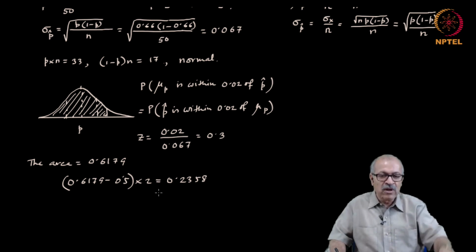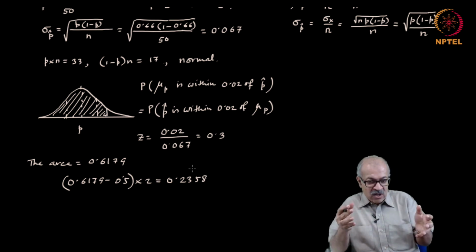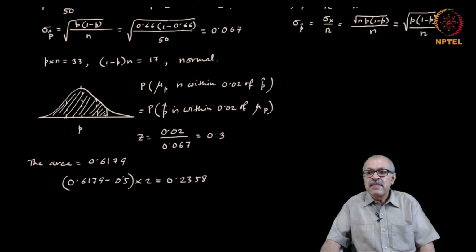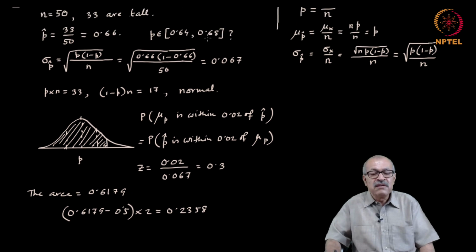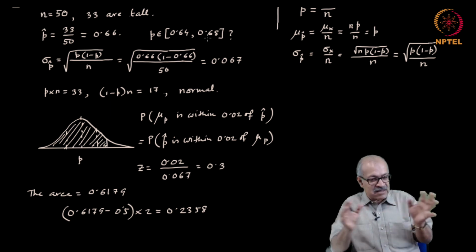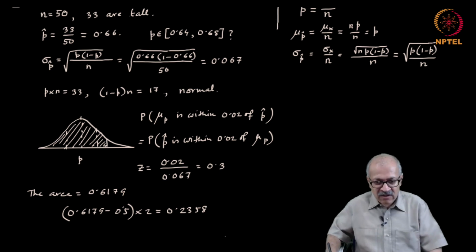So, that is the probability of having the actual proportion of the population out there to be in this range, is only this much, which means that I can state with only 23% confidence that the population will be in this range. It is a very low confidence that immediately tells us that we need to change our strategy, we need to do something else in order to increase the level of confidence for proportion measurements. I will stop here and continue in the next class.